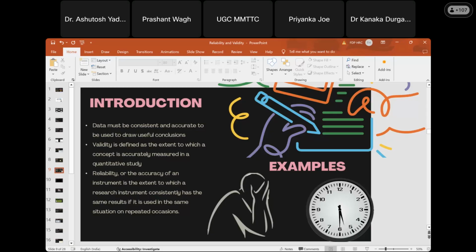Okay. The second measure of quality in a quantitative study is reliability or the accuracy of an instrument. So, the extent to which a research instrument consistently has the same results if it is used in the same situations on repeated occasions. एक बहुत simple से example, we Indians usually have this tendency to set our alarm clocks prior to the actual timing. So मान लीजिए there's an alarm clock which rings at 7 every morning. Okay, but it is actually set for 6:30. Now it is very reliable क्योंकि consistently हर रोज सेम टाइम पर वो रिंग कर रहा है अलार्म क्लॉक, बट